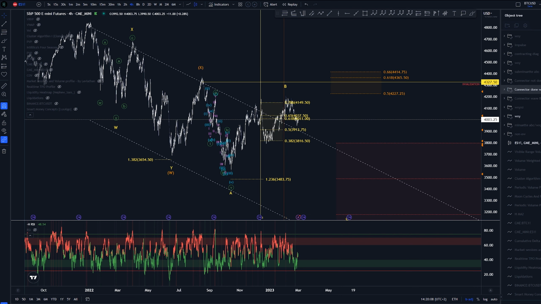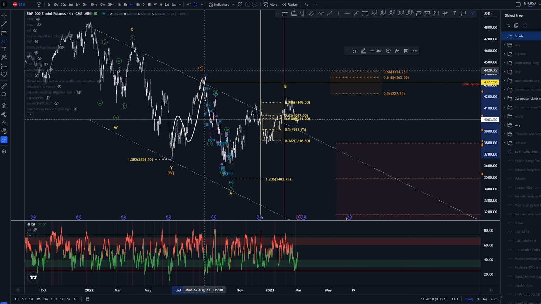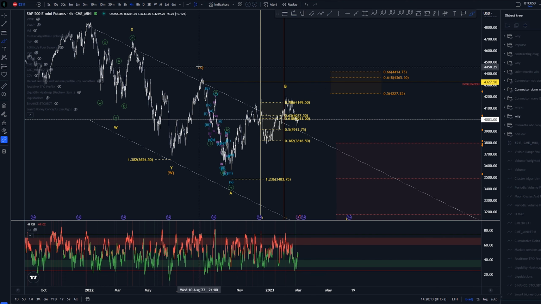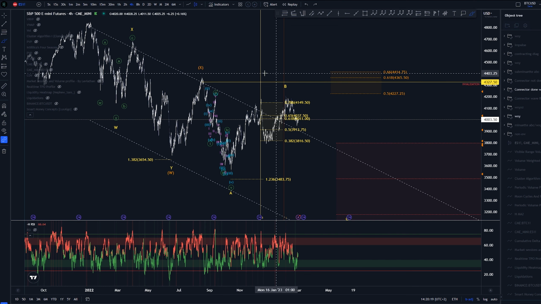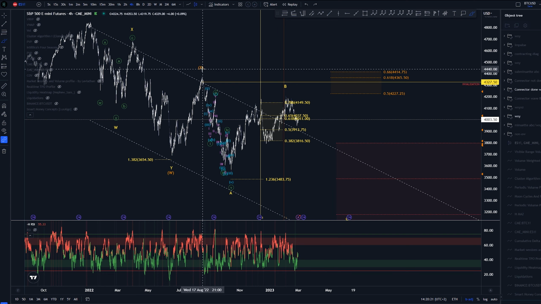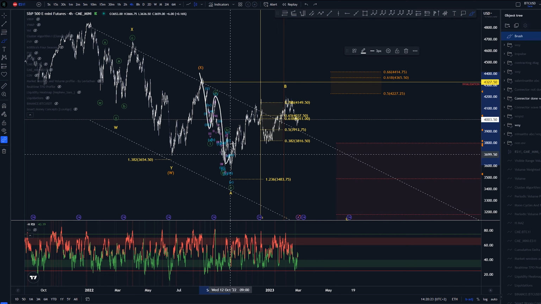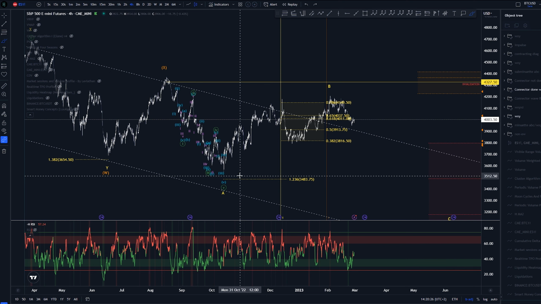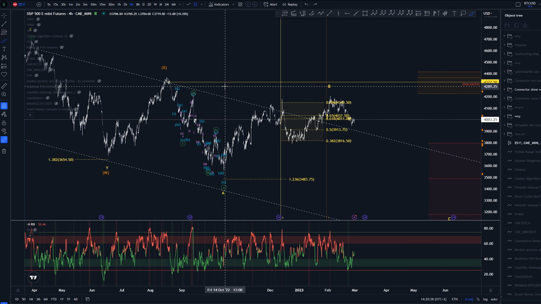The other one is the possibility where this is the X wave here. So the X wave is not here, but instead in here. Again, we have retraced quite a bit already here, so that fits the idea overall. And then we have a possibility of labeling this in five waves coming down. And in this scenario, we'd be labeling it in